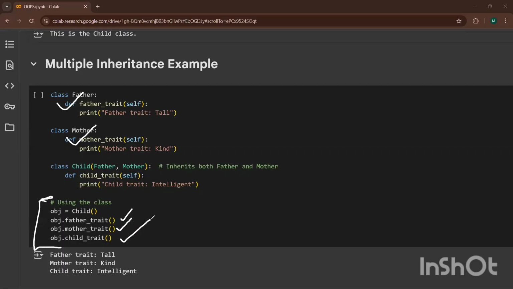Ma'am, why are we creating an instance only for the child class, why not mother or father class? What I have just told, because the child class is inheriting both the father and mother classes, so I have to create the instance only for that. Because it already has all the traits of the father and mother class. Why will I create an instance for them then?